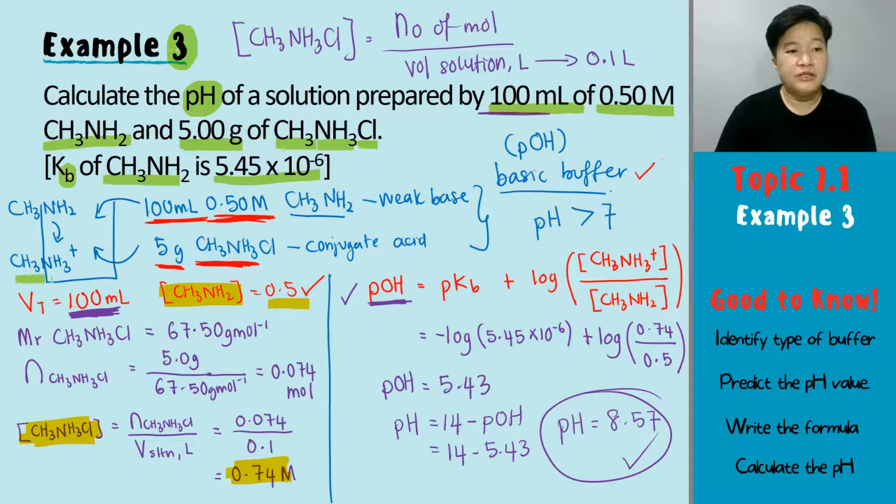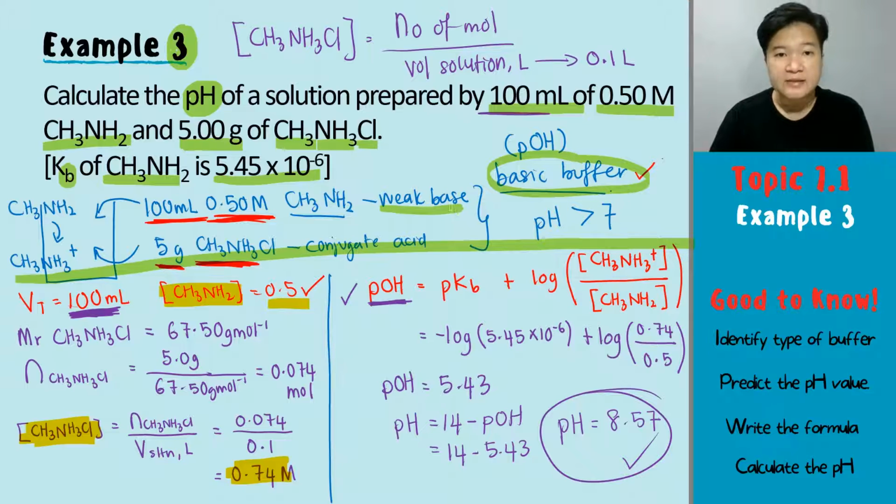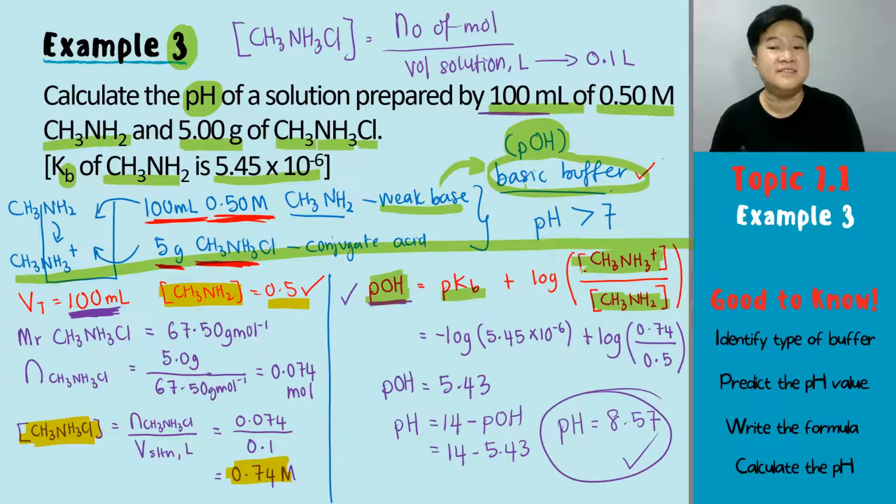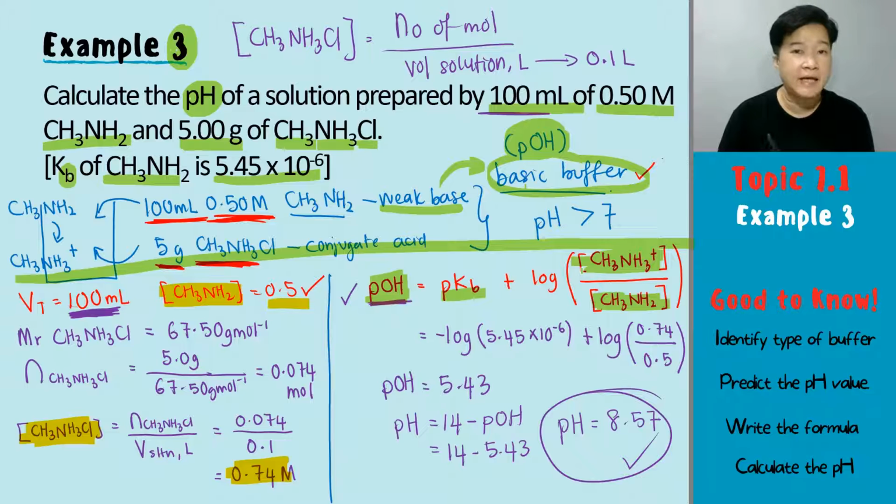Okay? So whenever you read your question, make sure you do one thing. You identify the type of buffer first by looking at whether a weak acid or weak base is present. If you're having a weak acid, then it will be an acidic buffer. If you're having a weak base, then it will become a basic buffer. And the most important thing, after the type of buffer, identify the type of formula that you can use. If it's a basic buffer, then we can only calculate the pOH with the pKb value and the weak base, and your conjugate acid. But if you are having an acidic buffer, then you can calculate the pH straight away by using the Henderson-Hasselbalch